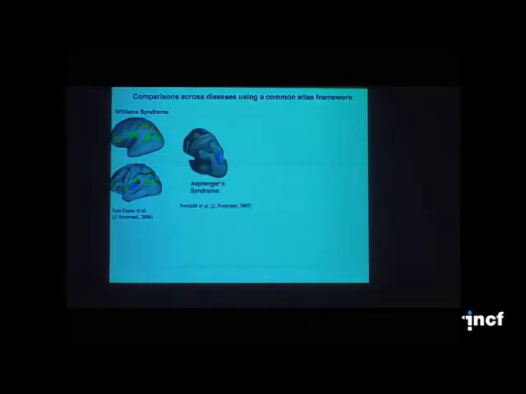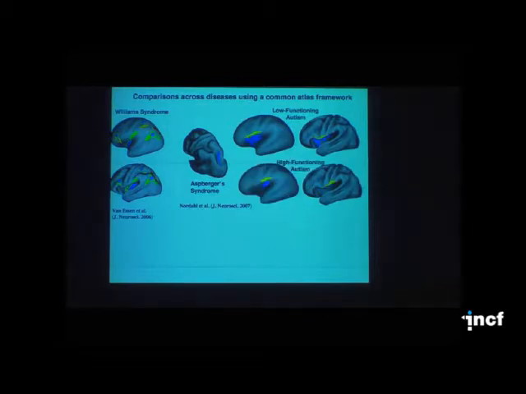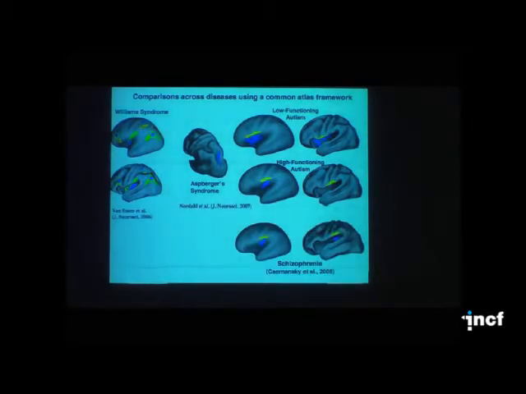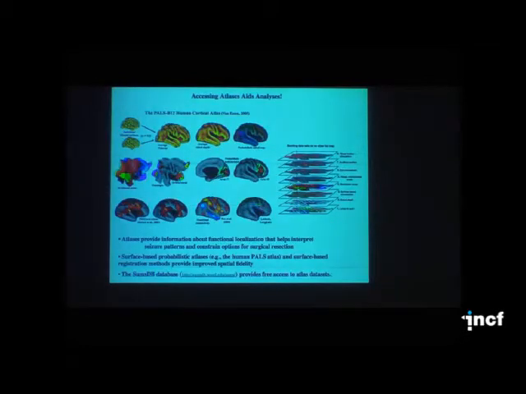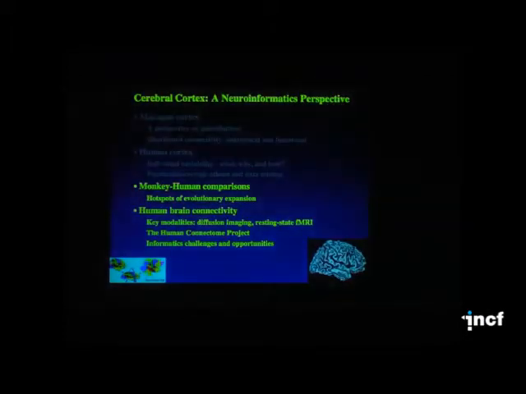We can do that on multiple disease conditions and see that Williams syndrome has a folding abnormality that shows up in a common location with Asperger's syndrome from autism. But other types of autism, low functioning and high functioning autism, have a different pattern of folding abnormalities that are more similar to the folding abnormalities associated with schizophrenia. And so in general, we can see that bringing data onto surface-based atlases provides an incredibly rich framework for exploring folding abnormalities and functional characteristics and many other types of data that are at hand.